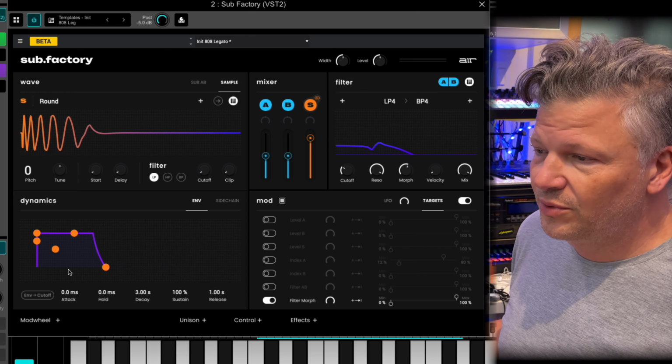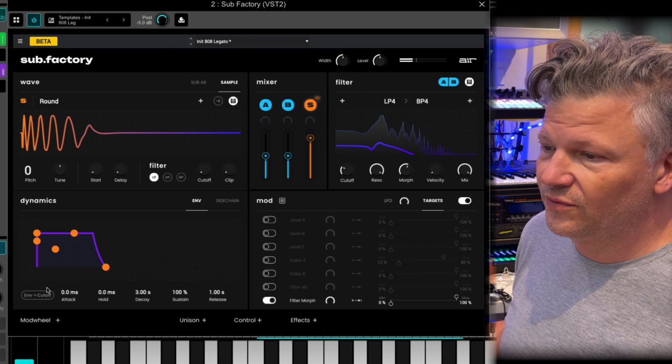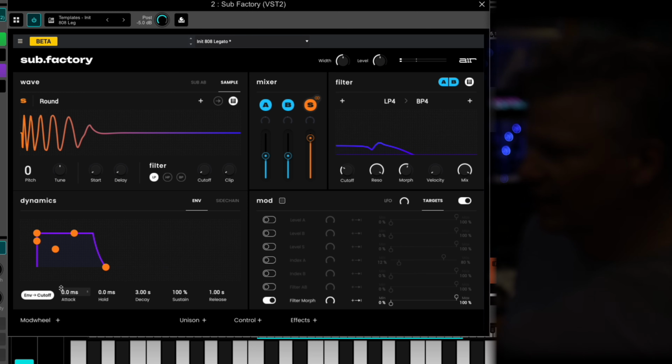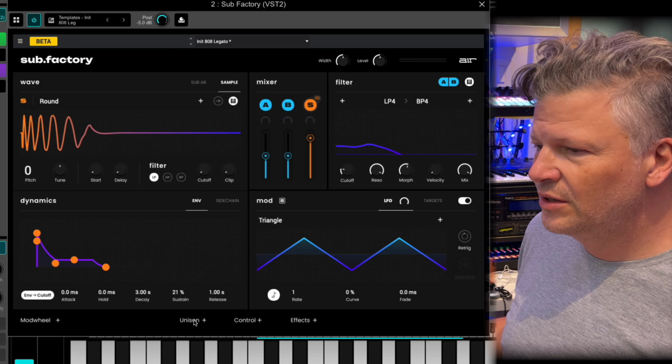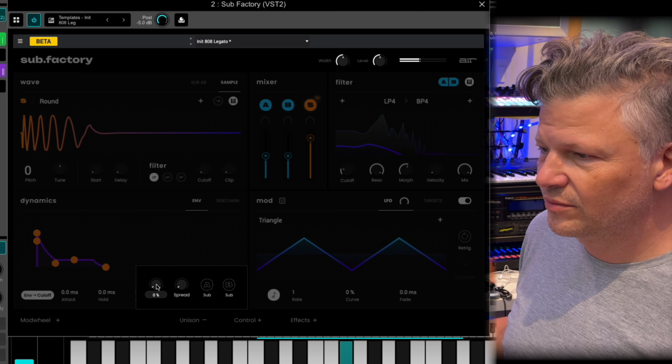You've got an envelope that basically controls the volume. You can also send the envelope to the cutoff point if that's what you want. You have a side chain. Unison, when you click on it, you have access to